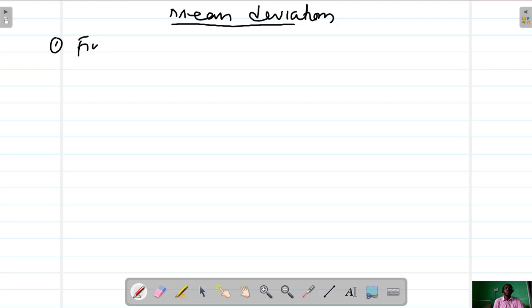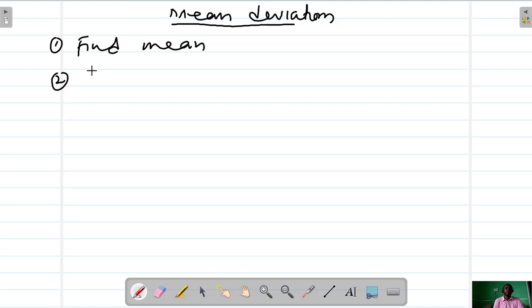Welcome to this lesson. In this lesson, we are looking at mean deviation. Mean deviation is the difference between the values and the mean in absolute terms. Then you find the average of them. So in short, when you are asked to find mean deviation, first you find the mean,